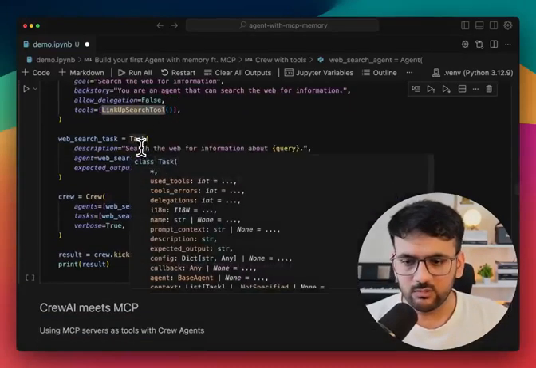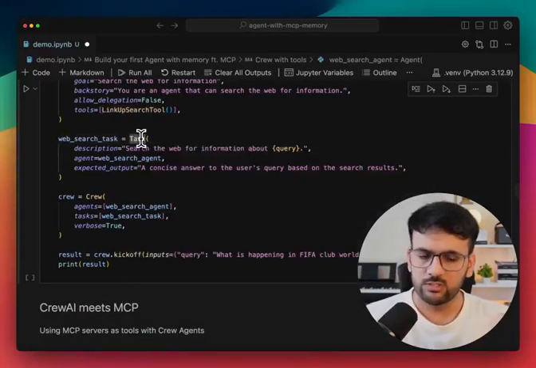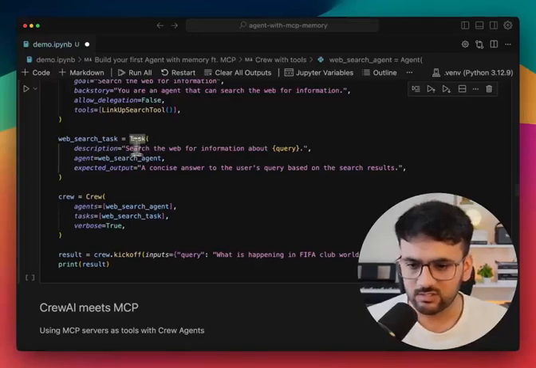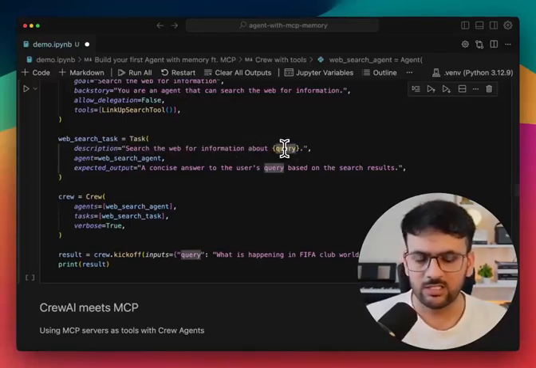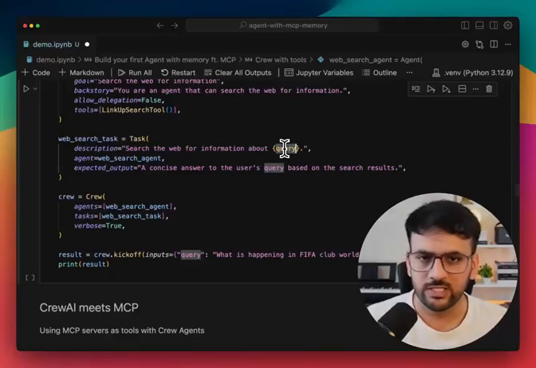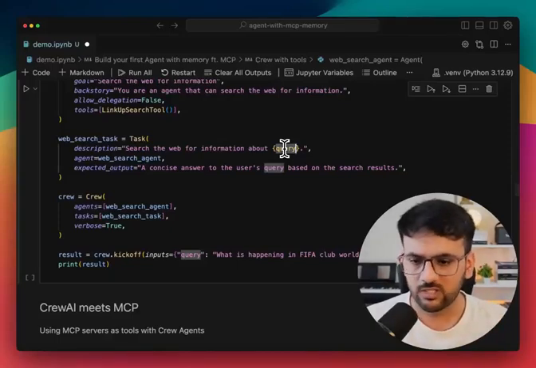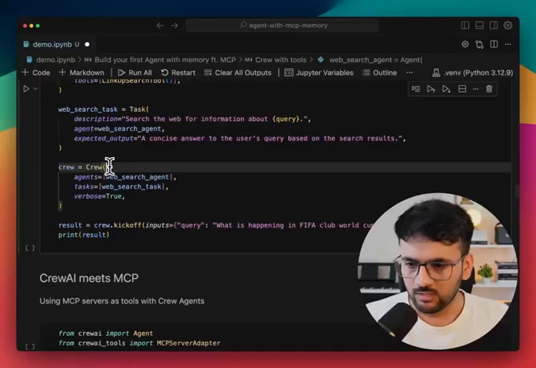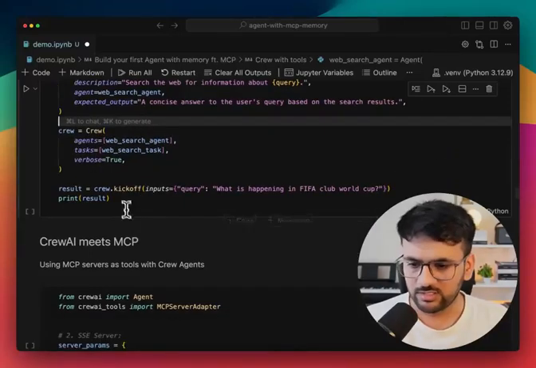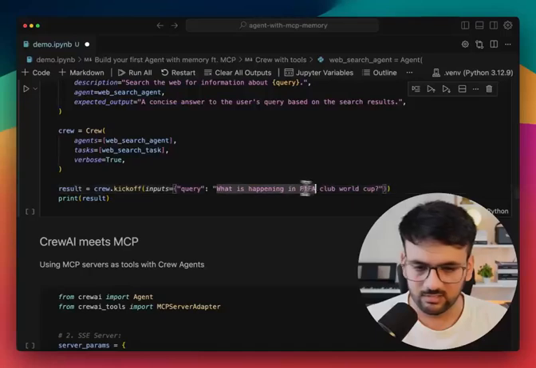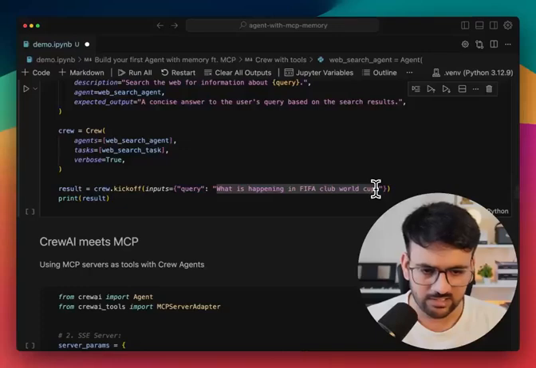So this time it has access to the Linkup search tool that we just defined. And once you have the agent defined in CrewAI, we also need to define a task. So again, the task is to do web search based on the user query. Now user query is a dynamic parameter that is going to be provided by the user once we kick off this crew, right? So finally, we put this agent and the task inside a crew. We kick it off and we provide the query here, right? So let's modify this query a bit and say that